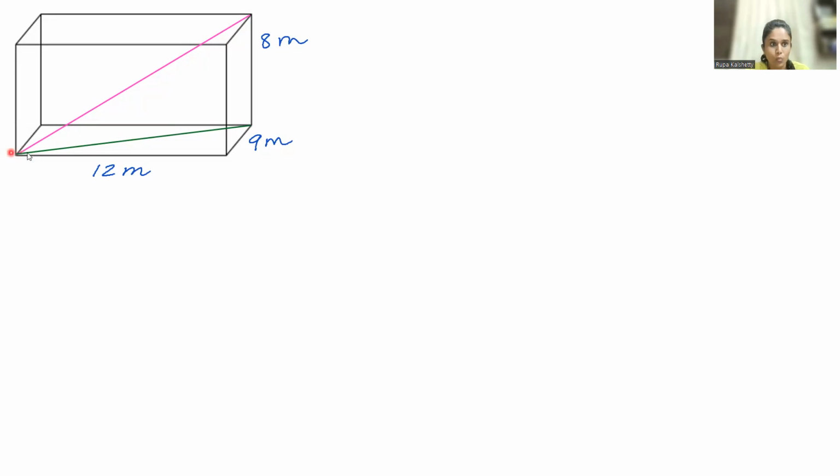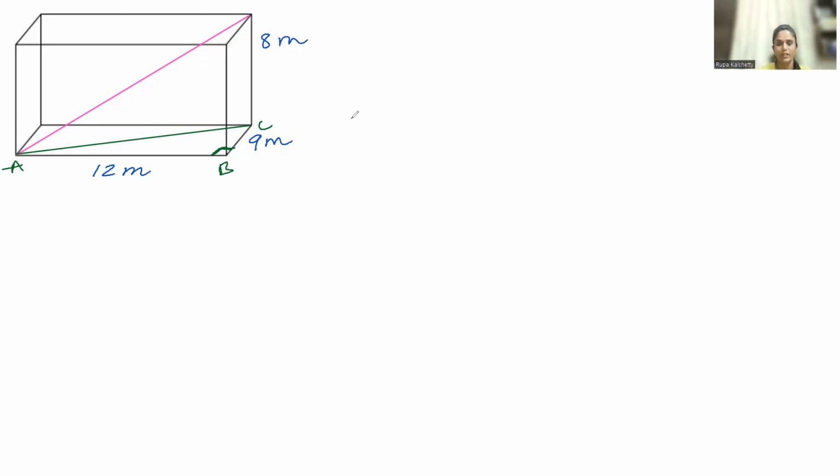Before that, we need to know what is this side, which is in green. And how do we find that? We know that as the room is in cuboid shape, this part is 90 degree. If this is 90 degree, if you consider this triangle, then can we apply the Pythagorean theorem here? Let me mark the triangle as A, B, C. So if I'm talking about the triangle ABC, let's apply the Pythagorean theorem here and find out the length AC,